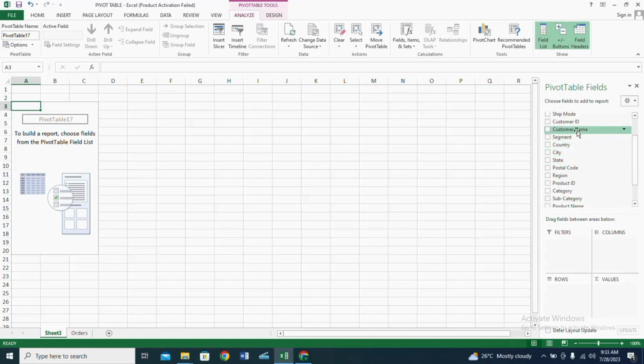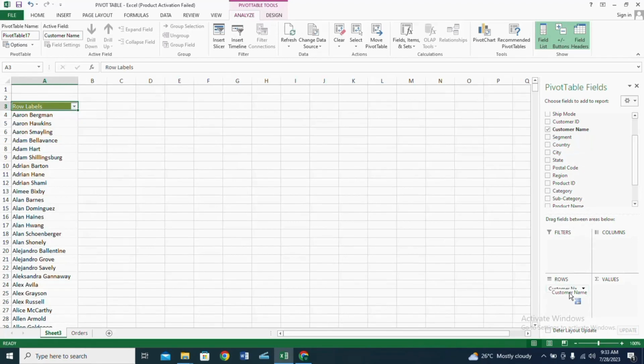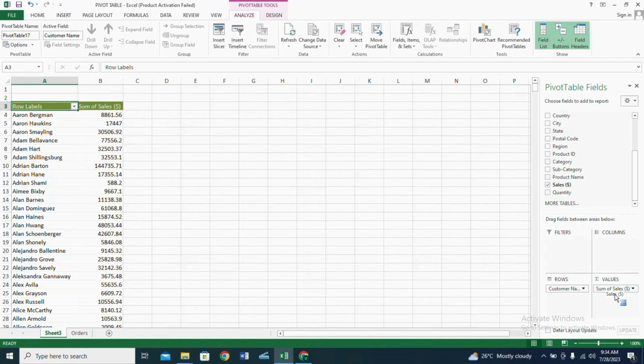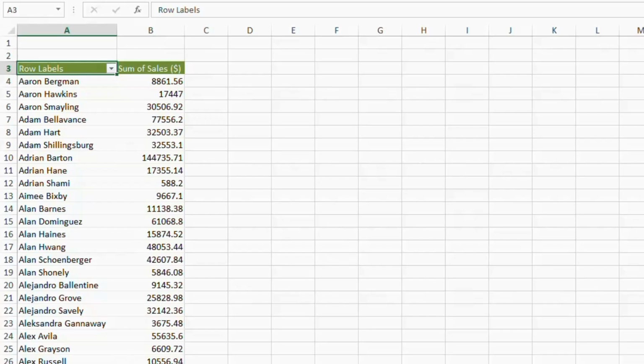You click on it and drag it to any area of your choice. Let's put it in the rows, and you would see that it has brought out the list of the customer names. Then let's select the sales and put it under the value section, and it also brought out the sales amount to each of those customers.